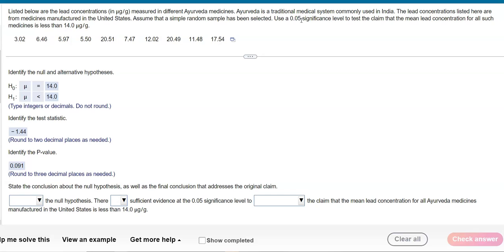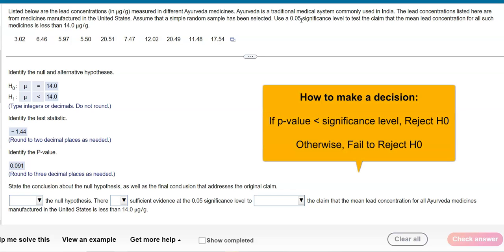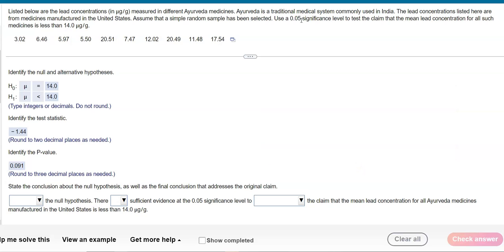The rule we follow is: if the p-value is smaller than the significance level, we reject the null hypothesis, H0. If the p-value is bigger than the significance level, then we fail to reject the null hypothesis, H0. So in this case, since the p-value is bigger than the significance level, we are going to fail to reject